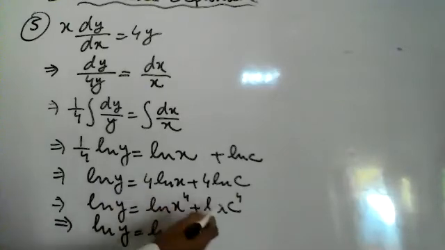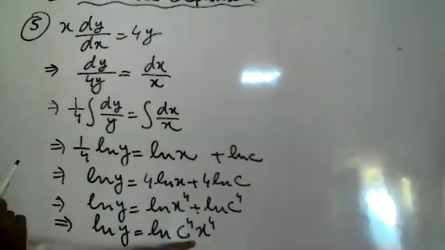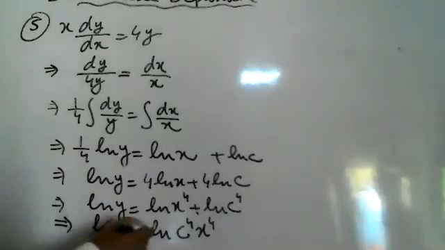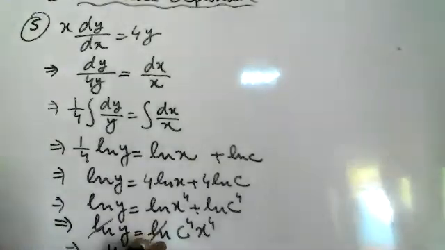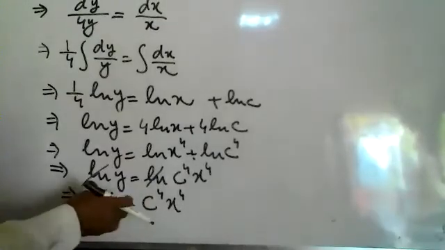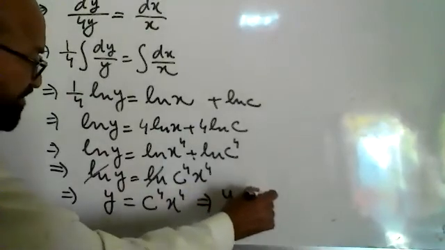When two numbers are being multiplied, their ln will be equal to ln of one function plus ln of the other function. If they are being divided, it is ln of the first function minus ln of the second function. In the plus case, they are being multiplied; in the minus case, they are divided. Ln is cancelled by ln. If we take the anti-log, it will become y equal to c raised to power 4 times x raised to power 4. C is a constant, so a constant raised to power 4 is another constant. It may be k. So it may be written y is equal to k x raised to power 4.